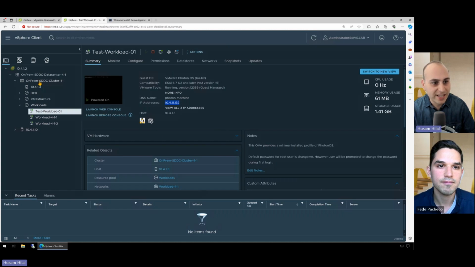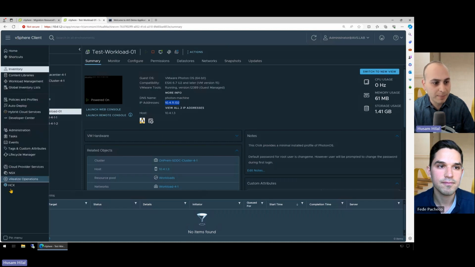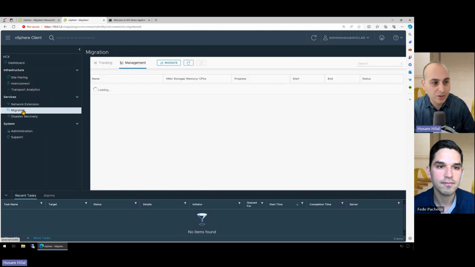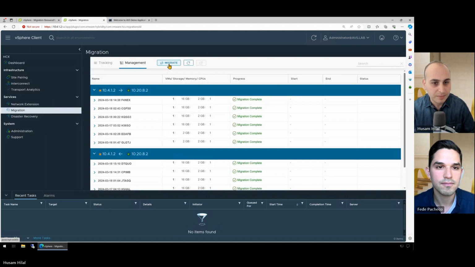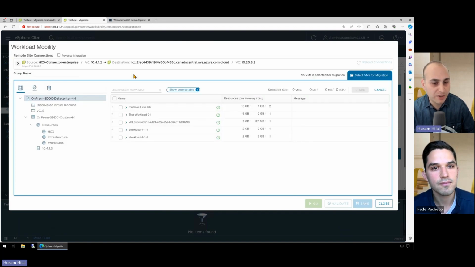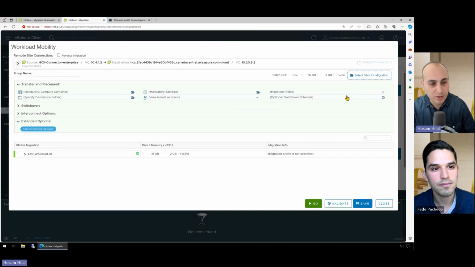So what we're going to do next is migrate this VM very simply from the on-premises environment that we have here to the Azure VMware Solution. We use VMware HCX technology to do the migrations from on-premises to AVS. So we're going to skip a little bit of the configuration part, but the goal that you can see eventually, once we start this configuration, is that we can click on migrate.